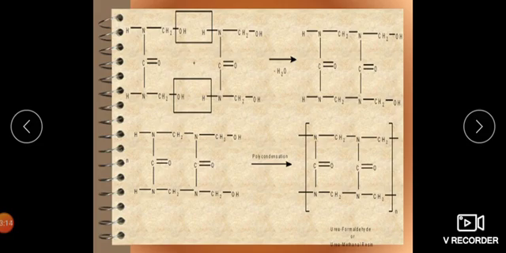continuous, a long chain. This product then undergoes polycondensation in basic medium, forming a highly cross-linked structure, which is the urea formaldehyde resin. Here n indicates the degree of polymerization, which is the number of repeating units present in the polymer chain. This is the urea formaldehyde resin formed by polycondensation of urea and formaldehyde.